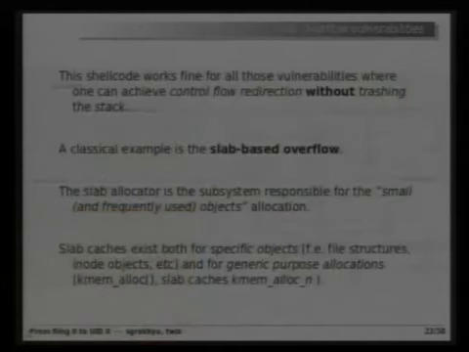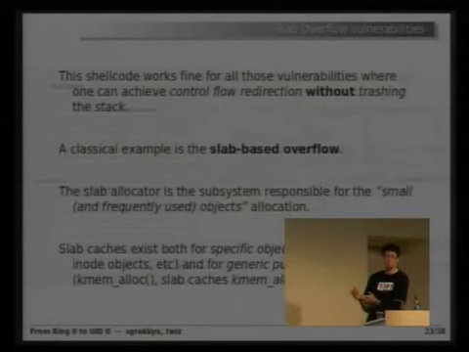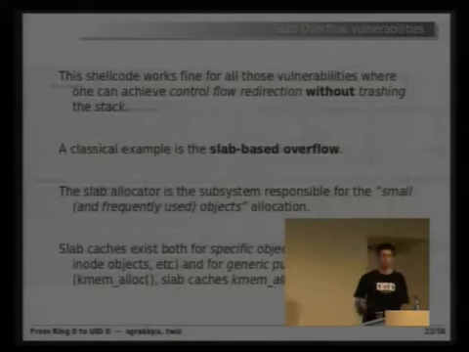This is more than enough to execute some code to get an exploit done from inside the Solaris kernel. That's good. But we need to trigger a condition which will make us execute some code. And so one example of an exploit type which doesn't trash the stack is the slab overflow. We will see now, not in many details but quite precisely, what slab overflow is and how